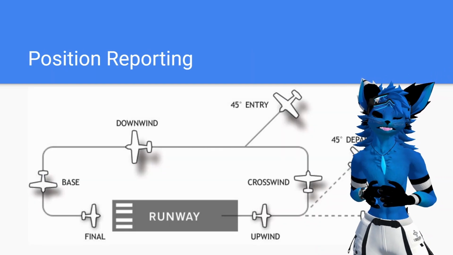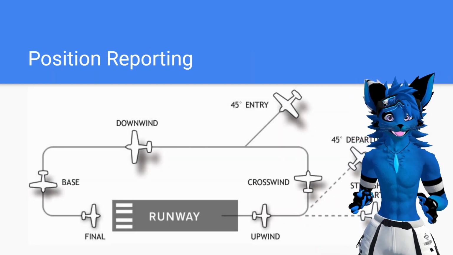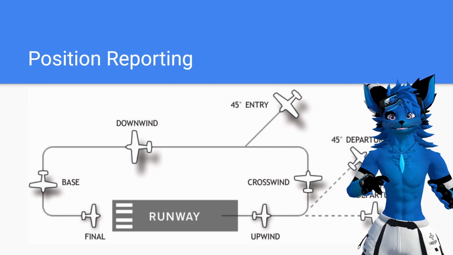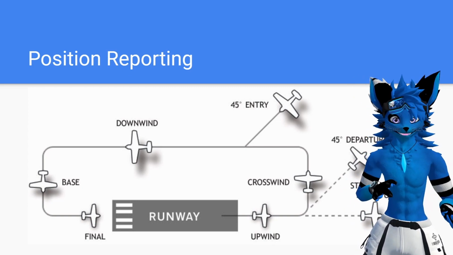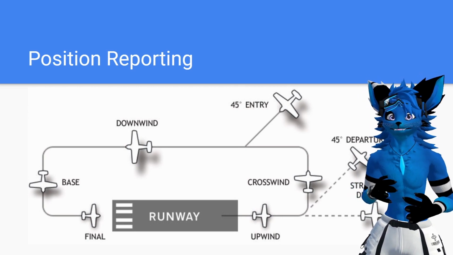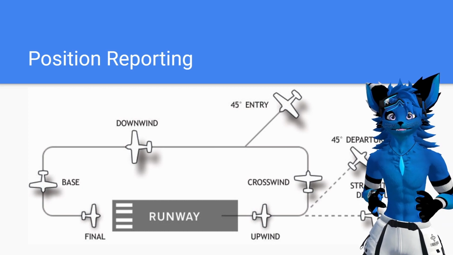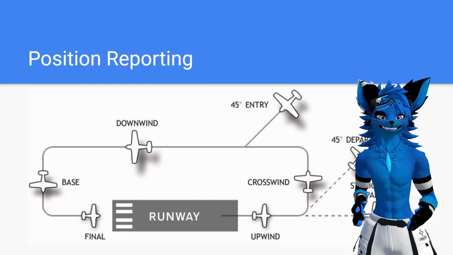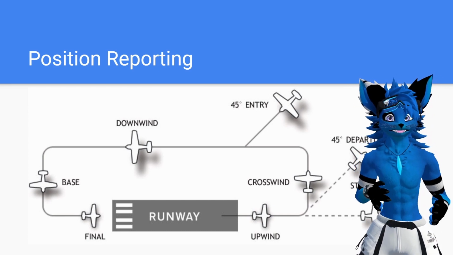So let's talk about the airport traffic pattern for a second. When you're flying IFR, this to an extent doesn't apply to what you're doing. This is mainly for VFR planes, but it's a good idea, even if you're flying IFR, to try and abide by this traffic pattern as best you can to make yourself a little bit more predictable to people that are operating around the airport. So the standard traffic pattern is going to have you making left-handed turns